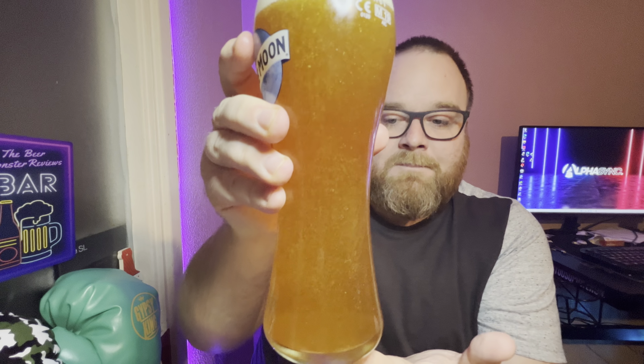Colour-wise, what colour would you call that? I'd say I'll go for golden orange. It definitely doesn't look like your typical lager over here, that is for sure. Obviously, the fact that it's unfiltered is going to change the colour of it. It's not going to look really pale and clear, because it's not been filtered, which means all the lovely goodness is still in there for